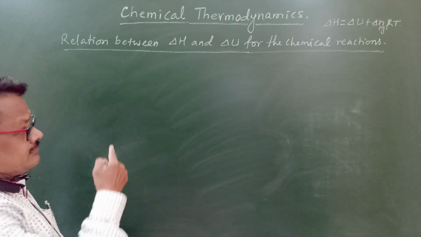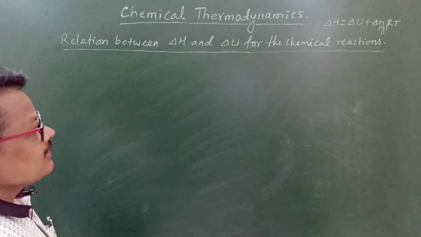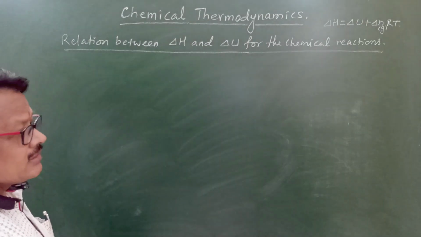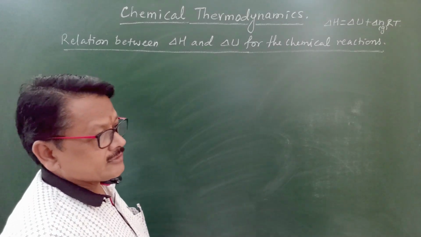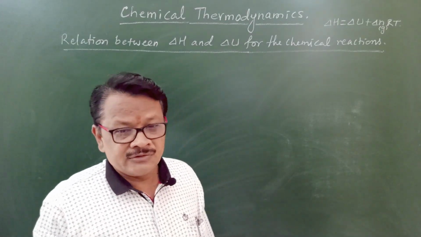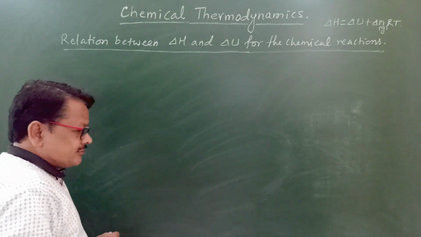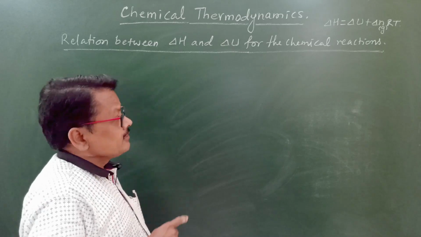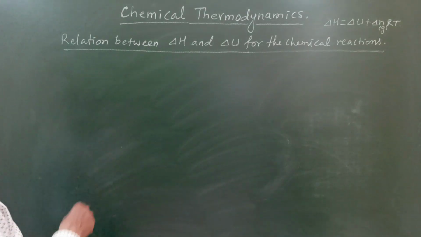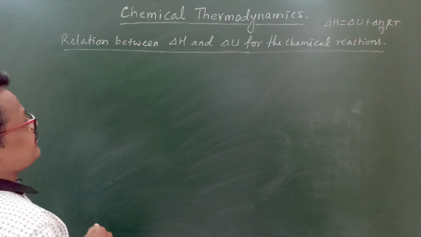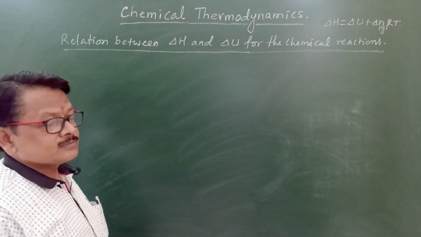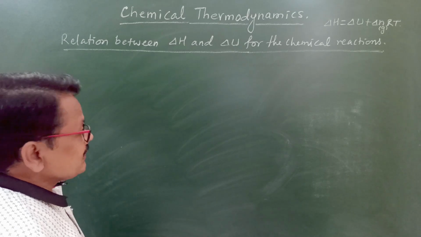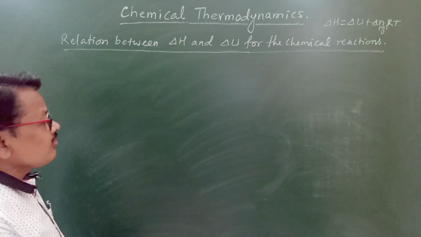So that is the final equation which we have to obtain, and we have to see from which equation that equation is to be obtained. If you remember only these two equations, then the whole derivation will be easy. Derivations should not be mugged up, but should be properly understood by you. For this relation between delta H and delta U, we have to start this derivation from the equation we have just seen now.